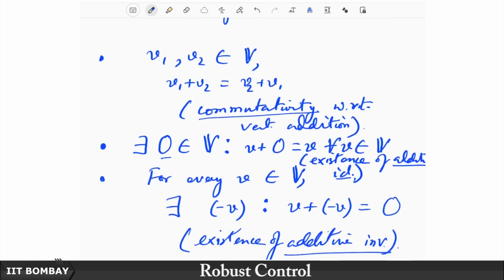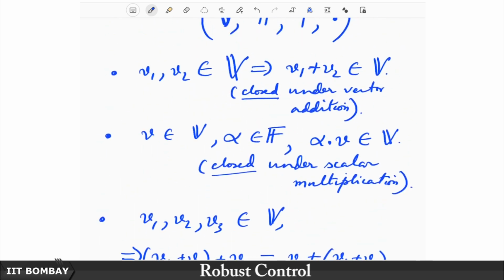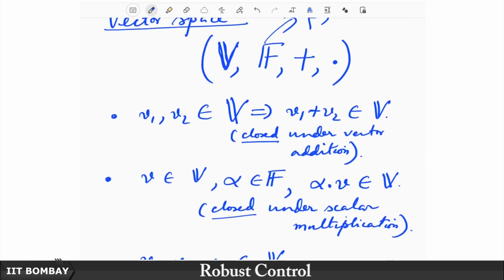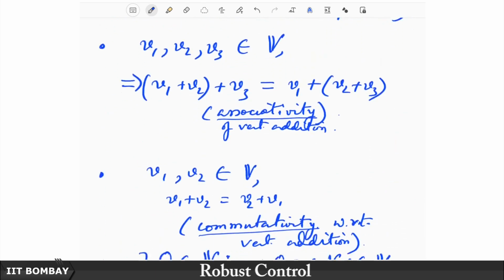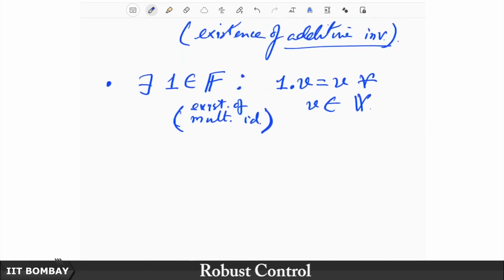Okay. So, what have we seen? With respect to vector addition, we have seen 5 properties. With respect to scalar multiplication, what properties have we seen? We have only seen so far the closure under scalar multiplication. Now, we are seeing the existence of a multiplicative identity with respect to this. Okay. Finally, we see